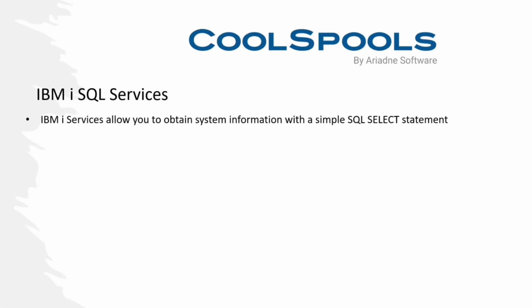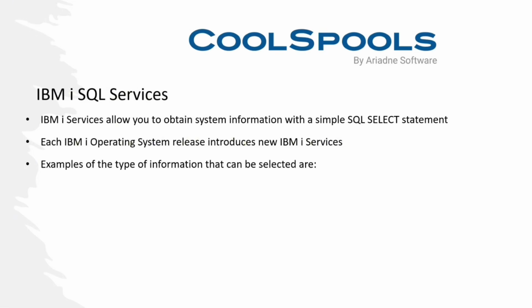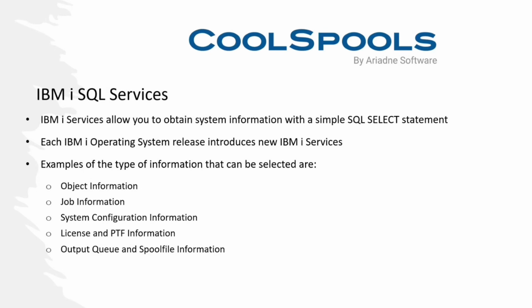IBM SQL Services are part of the IBM operating system and allow you to obtain system information with a simple SQL select statement. Each IBM operating system release introduces additional IBM services, and examples of the type of information that can be obtained are object information, job information, system configuration information, license and PTF information, and output queue and spool